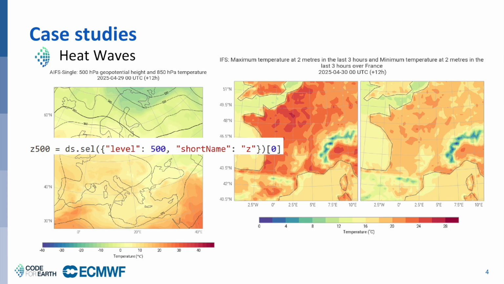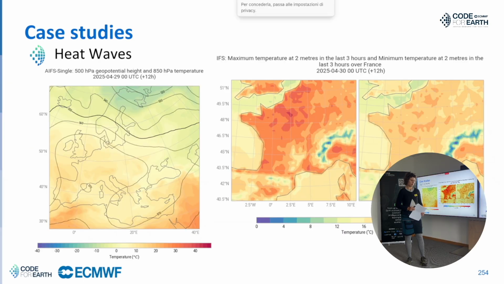In the end of April 2025, the Western European countries experienced unseasonably warm weather. The first plot demonstrates geopotential height and temperature parameters in Europe on 28th of April at 500 and 850 hectopascal, and the geopotential height contours indicate that all of France was under a high